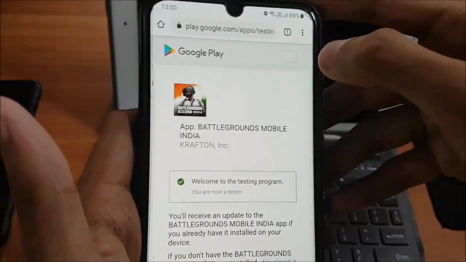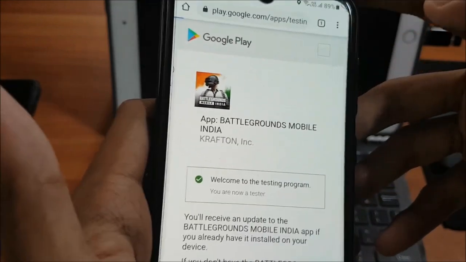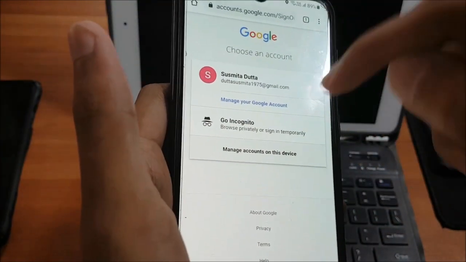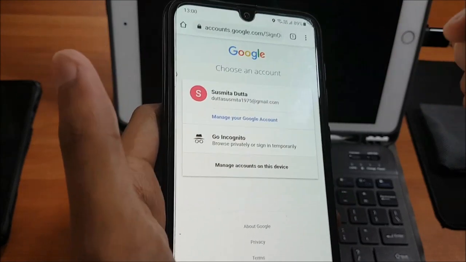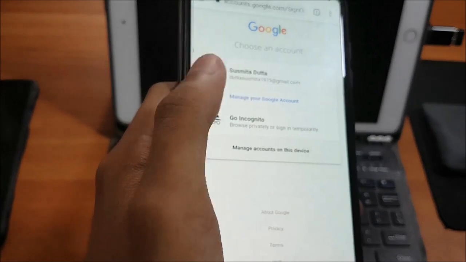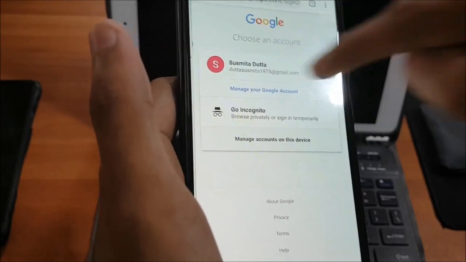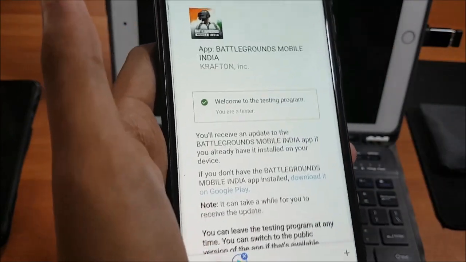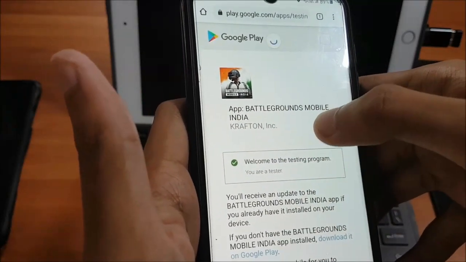Now one thing you have to do is that here you will find this kind of white colored box. You have to click on it, and from here you have to sign in with the same Gmail ID that is connected to your Play Store. That is, the Gmail ID using which you can access your Play Store. You have to log in with that same Gmail ID. In that case, here I will click on it, and so here it's done. After that you can refresh it 2 to 3 times like this.